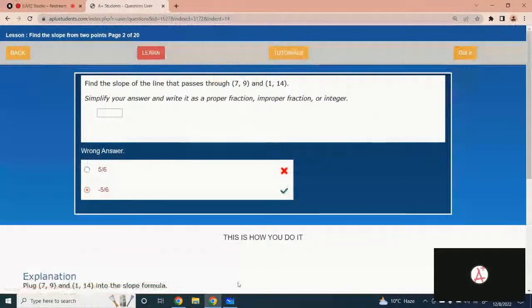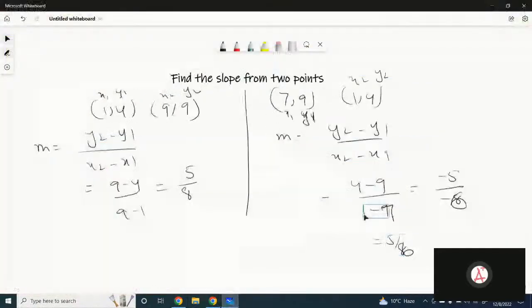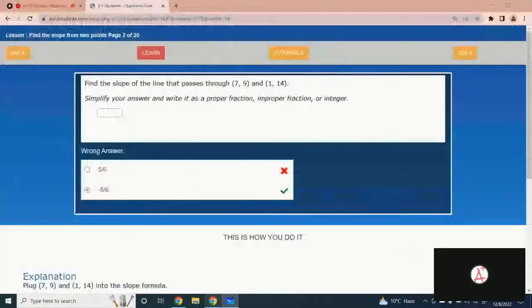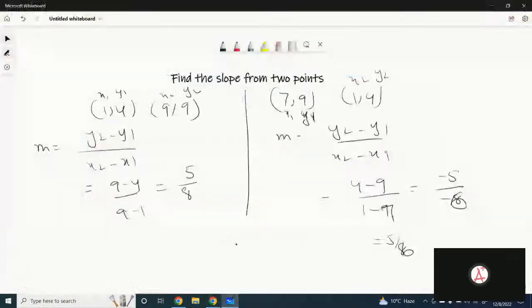Negative 5 by 6. 4 minus 9 and 1 minus 7. Oh, it is 14, not 4. It is 14. So 14 minus 9 is positive 5 and 1 minus 7 is negative 6. So then the answer is negative 5 over 6. Got it? The answer is negative 5 over 6. So just select the correct option and click on the